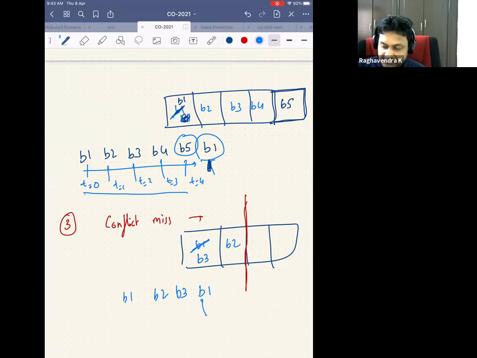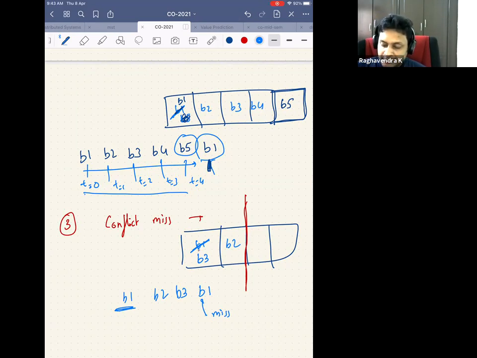This is a miss. This is not a compulsory miss, right? Because I have already seen this address. This is not a capacity miss because I am not considering a fully associative cache, and I have convinced myself that only if it's a fully associative cache, then capacity misses make sense. There is a conflict in the address. Why? Because of the way you are taking the index bits.